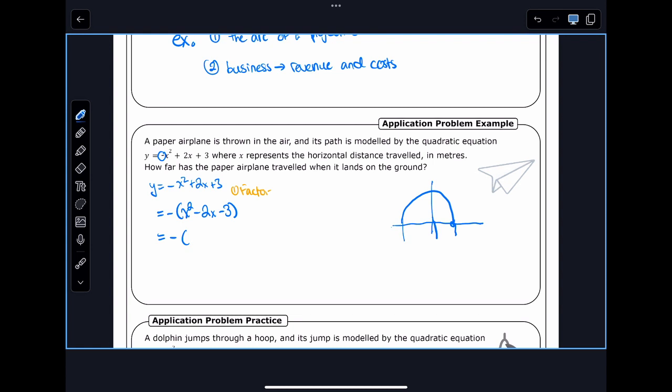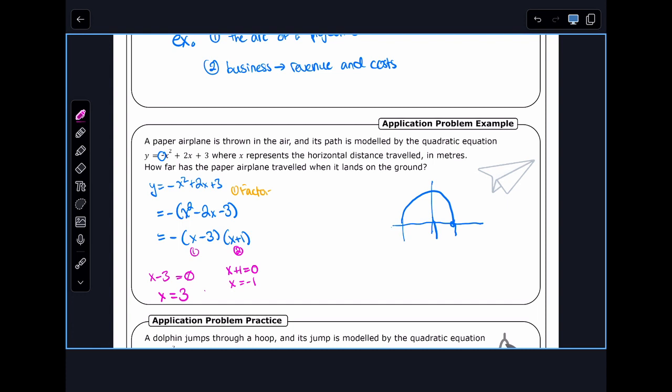So now that we have it in factored form, just like we did at the very beginning, we're going to take the first factor, x minus 3, and we're going to set it equal to 0. So in this case, our first 0 is x is equal to 3, and now I just want to double check the second one. So the second one is x plus 1 is equal to 0, which is equal to x is -1. So our zeros could be